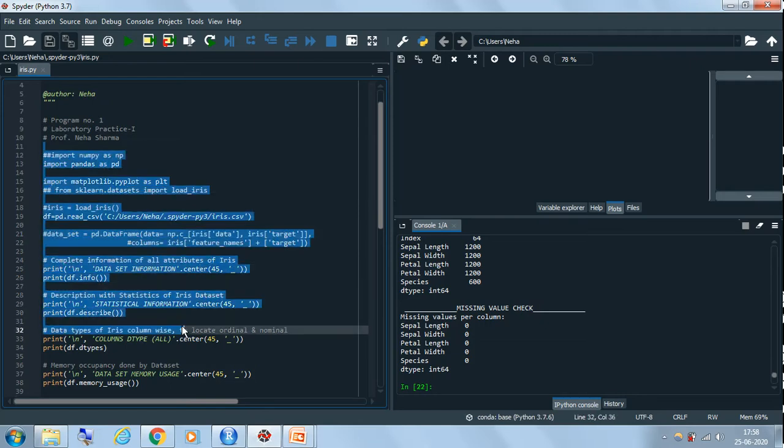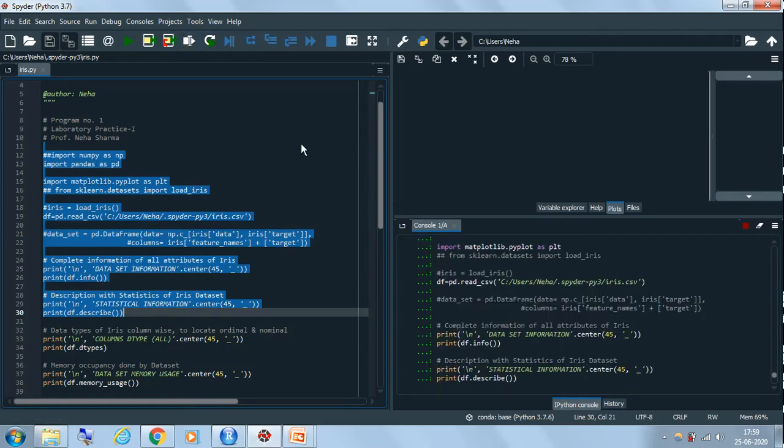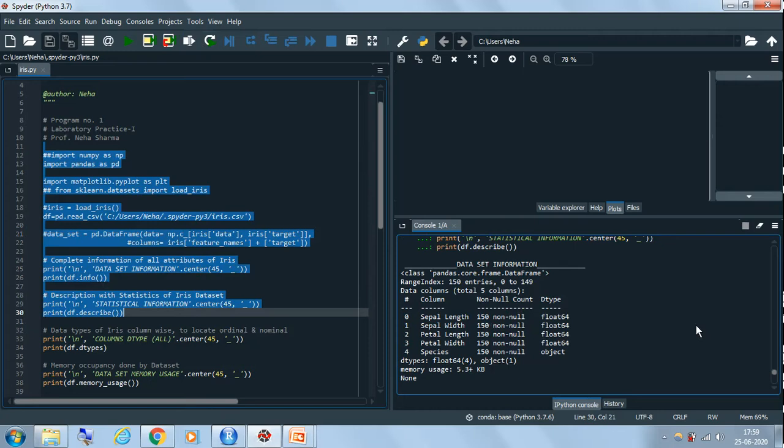Yes, so you can see here, this is the dataset information. So these are my columns, okay, there are 5 columns. Non-null count means all the values are non-null values. That means there are no values which are 0 or null in each of these attributes. That is why it is showing non-null. All 150 values or records are there for each of these variables which are non-null. Then Dtype indicates the data type of each of these attributes, which is for first 4 it is float64, and for the last attribute, which is categorical, it is of type object, okay. So this is the information of the dataset.